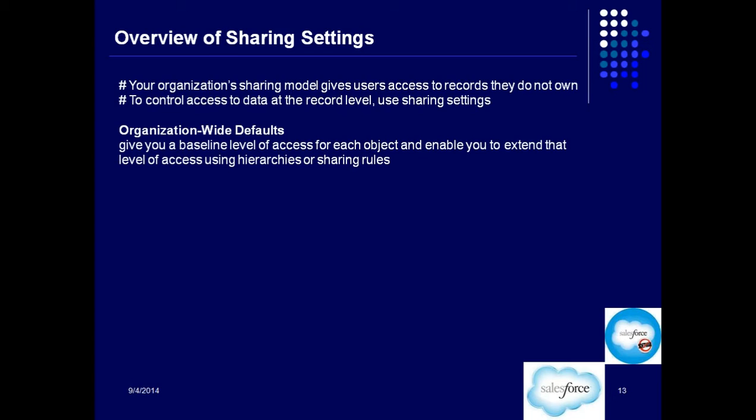Let me make it a little simpler for you. Basically, it is all about the owner of the data and the non-owner of the data.